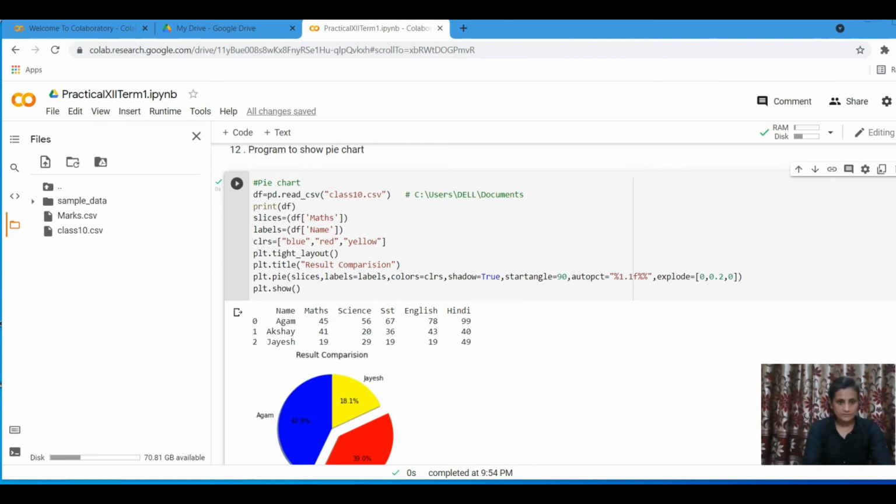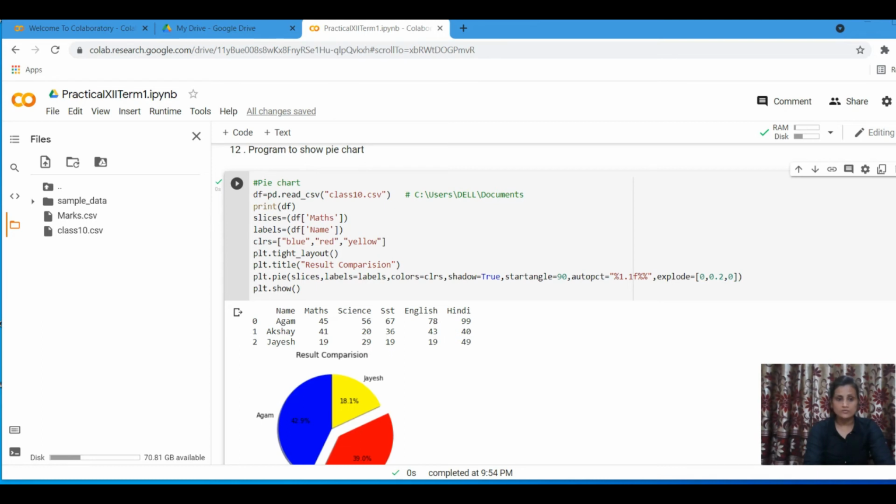So this is the line that you have to understand well, okay. Now see, for the bar graph and line, we provided the x-axis and y-axis. Here we have some of the properties of this function, that is plt.pie. Provide the slices. We created the slices and the slices are going to be dependent on the marks of mathematics. Labels, what do you want to name them? You want to name them as the name of the student. So here labels are names.